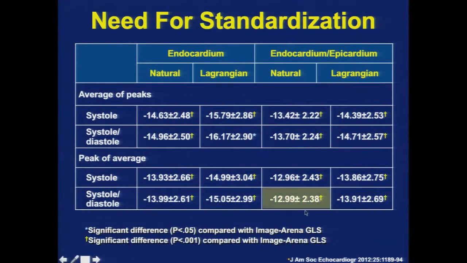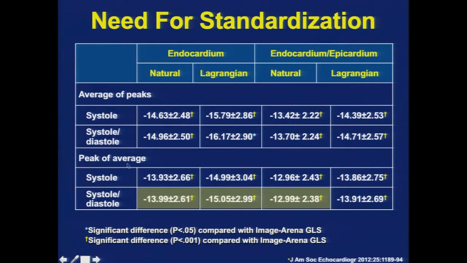We found that one vendor, Echo Insight, initially was looking at somewhere between the endocardium and epicardial strain, where the other was only looking at the endocardium. So if we just looked at endocardial strain, the values went from 12.9 to 13.99. One vendor was looking at a natural strain algorithm and the other a Lagrangian strain algorithm. They're different. It's beyond the scope of this discussion. But if we just corrected for that, now we were looking at only endocardium. Lagrangian strain went from 12.9 to 15.